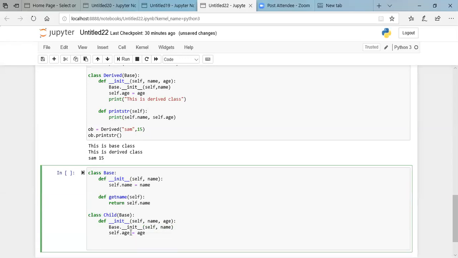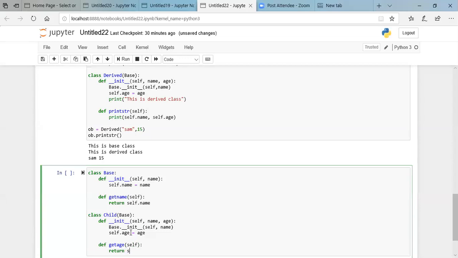Now we'll be defining another method within this class. We'll say define get age, and it is simply going to return the age for whichever object it would be called.